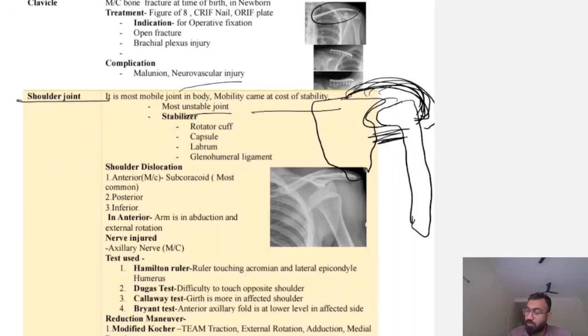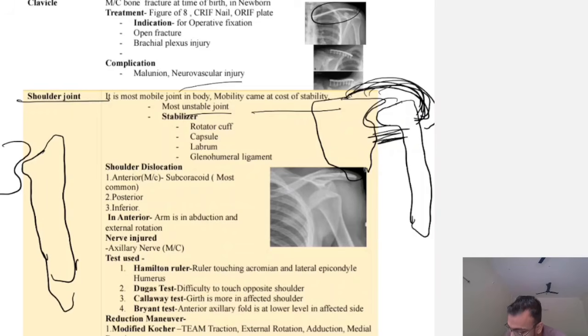So this is known as the shoulder joint. That's why the shoulder is not going downward because of gravity, even after gravity. Now let's assume what is shoulder dislocation. So this is the glenoid. This is the humerus. See, the humerus is inside the glenoid. So this forms the shoulder joint.